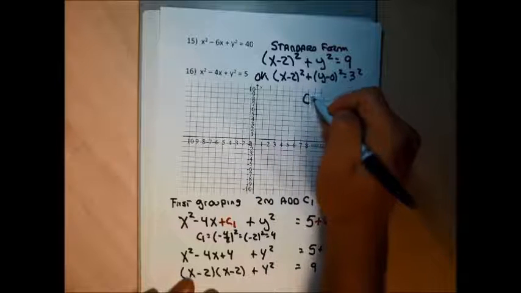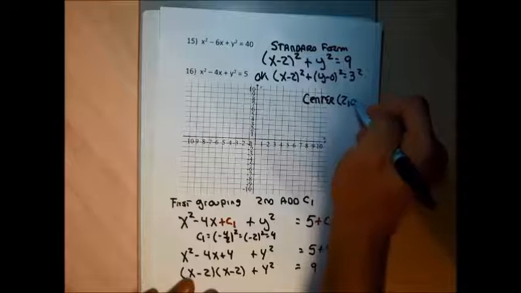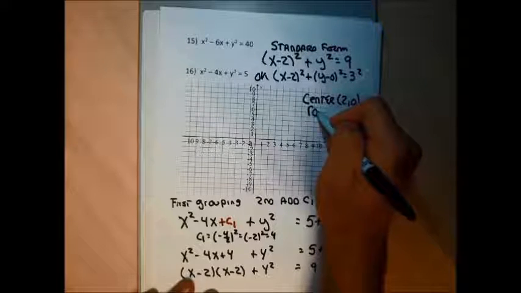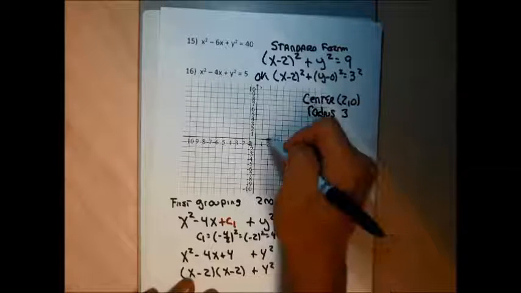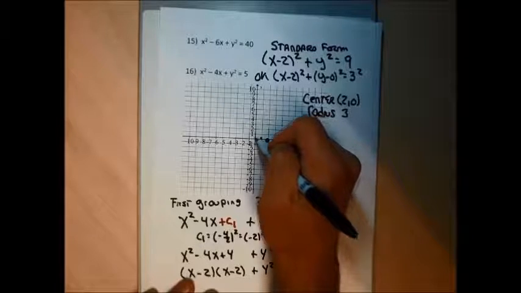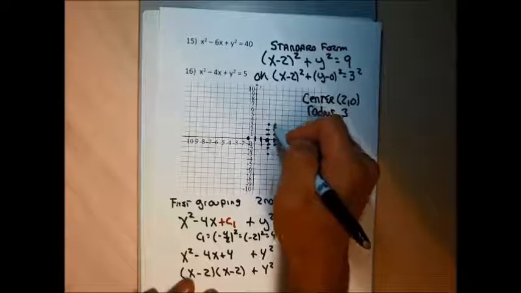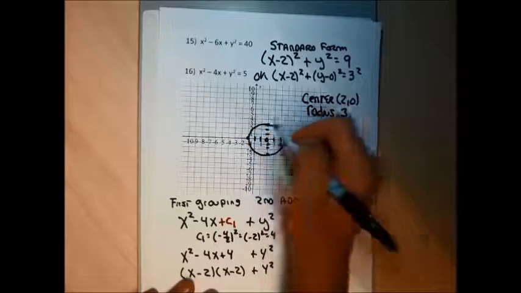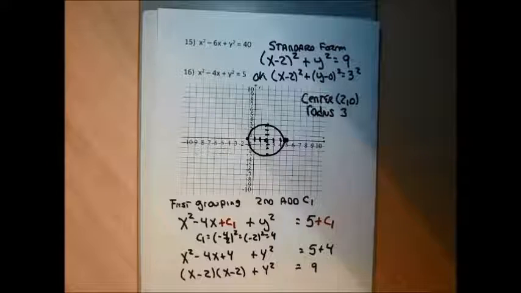I square root the number 9 to get the radius of 3. So in this problem, when I go to graph it, the center is going to be the point 2, 0, and my radius is going to be 3. So I plot the point 2, 0, go right 1, 2, 3, left 1, 2, 3, up 1, 2, 3, down 1, 2, 3, and then draw something that's circular that actually is supposed to go through the points. All right, so that should take you through to